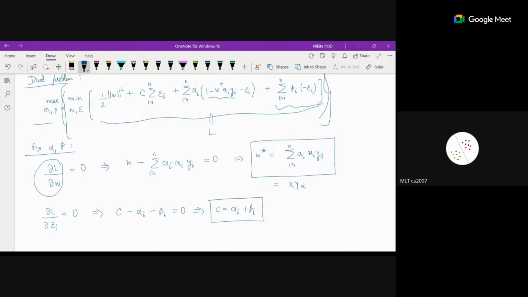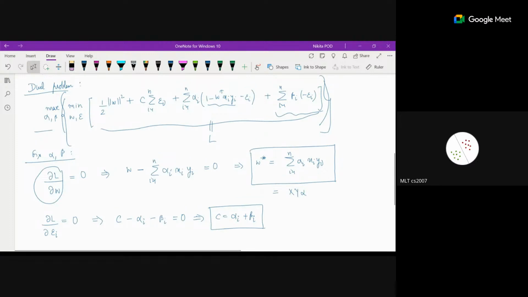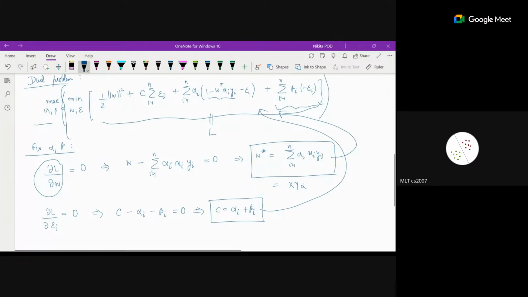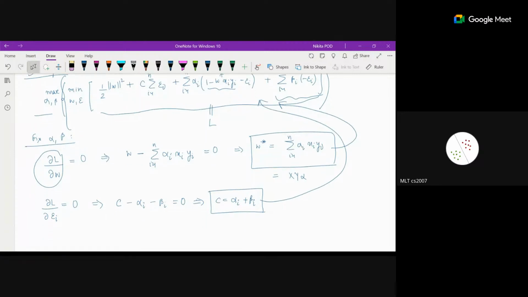All right. So this is what we are getting when we are solving for dou L by dou epsilon I. So this is what we get. Now, if you substitute these two values, so you substitute this W star over here and you substitute this C also over here, then the solution that you get is going to turn out to be,